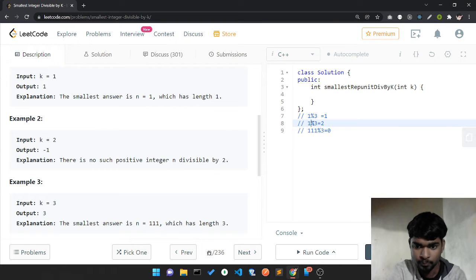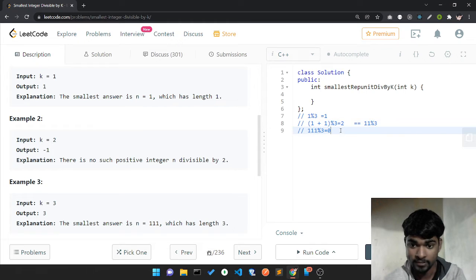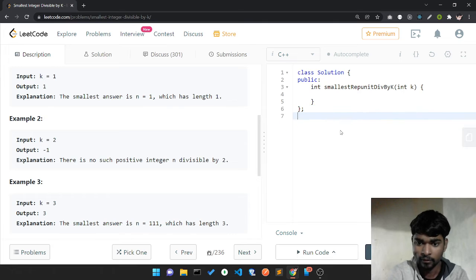So instead of writing 11, what I'm going to do is take the previous remainder and add this 1, and the total modulo 3 is totally equivalent to 11 modulo 3. Did you notice this?